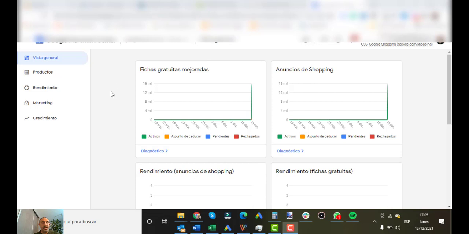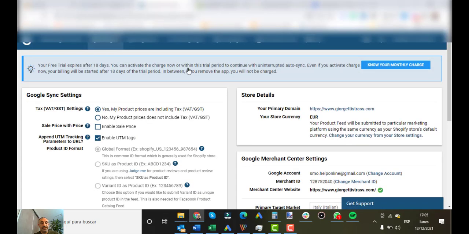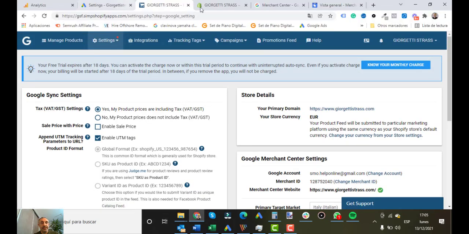The first step I want you to see is that you need to remember this number, 2040, this long number, because this is your ID of Google Merchant Center. Of course it will not be the same, because this one is for this website. So basically, if we come back